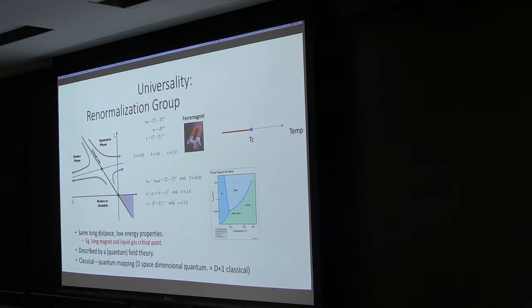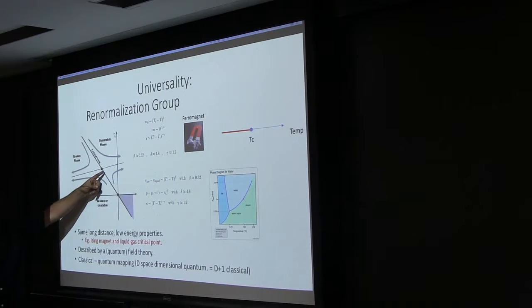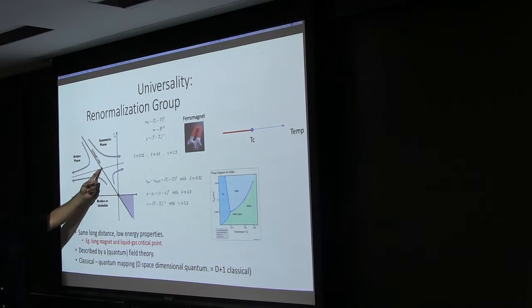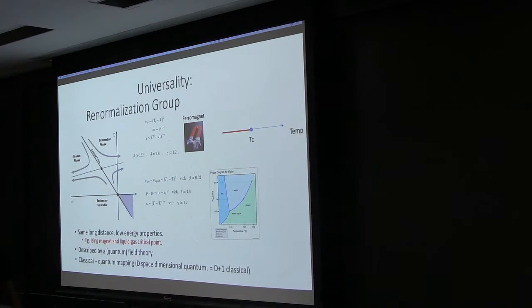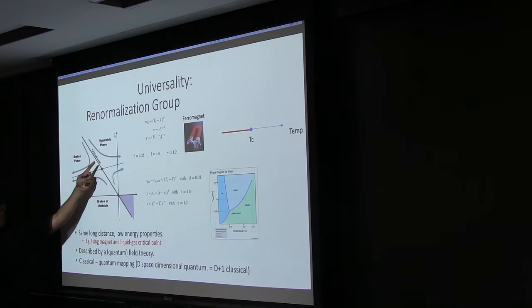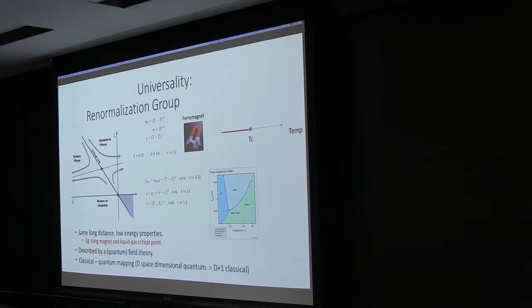Okay, so when you wait for a very long time, go to very large scales, you just get one of a few different behaviors. Either these parameters scale off and go to a point very far away that represents, for example, the magnetized phase, or the other way around, the unmagnetized. But then there's this transition point, and in the limit of long distances and low energies, very little is required to actually specify this. That's why very different systems end up flowing to the same point,